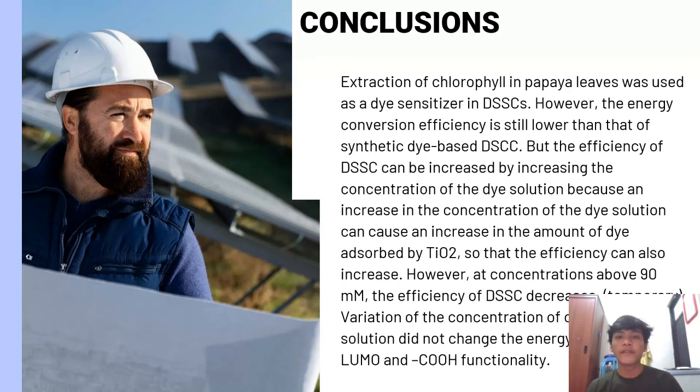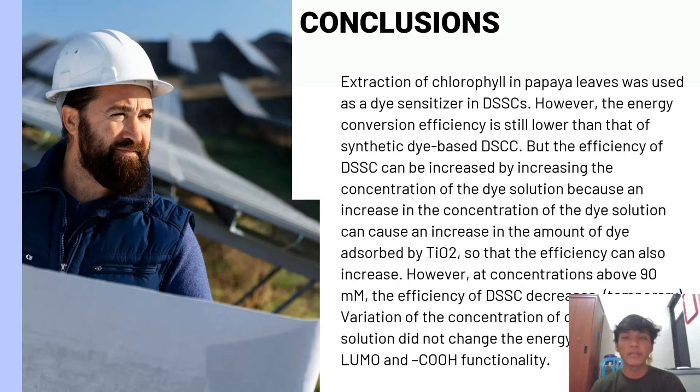But the energy conversion efficiency of the chlorophyll-based DSSC is still lower than the synthetic dye-based DSSC. According to the data, the DSSC based on the N719 achieved an efficiency of 1.293%, while the highest efficiency for the DSSC based on chlorophyll dye was